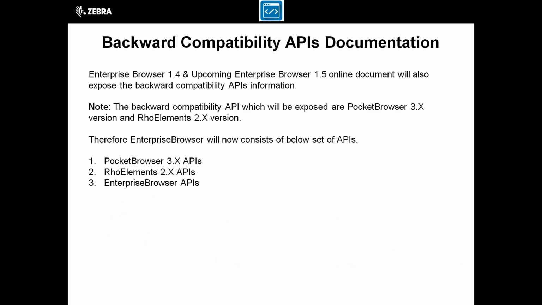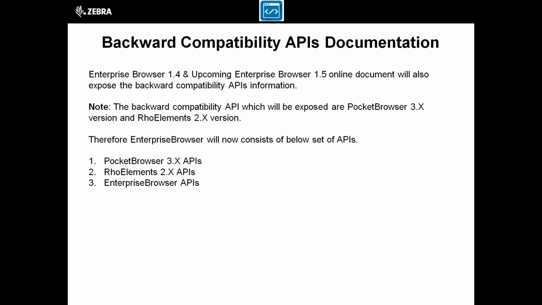Then we have also exposed a backward compatibility API, that is the Pocket Browser 3.x API, which we are supporting on the Enterprise Browser application. We are also supporting the legacy Rho Elements 2.x API. Previously the online documentation for Pocket Browser 3.x APIs and Rho Elements 2.x APIs was not available under the Enterprise Browser online document, but we have provided it from the EB 1.5 release.